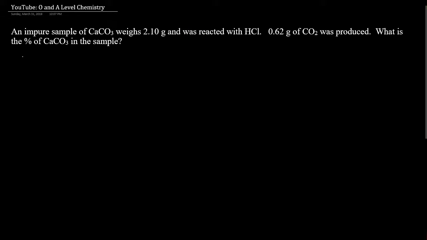Okay, so in this lesson, we're going to see how to calculate the percentage purity of a compound. First, we're going to look into an easy problem, and then we're going to move into a much more advanced problem. So in this problem, we can see that we have an impure sample of calcium carbonate, which weighs 2.1